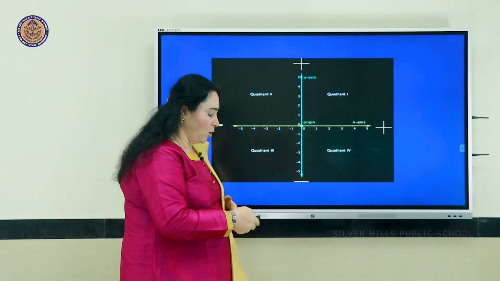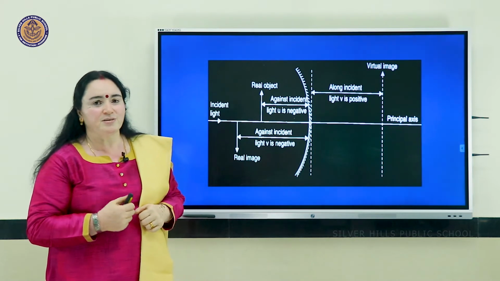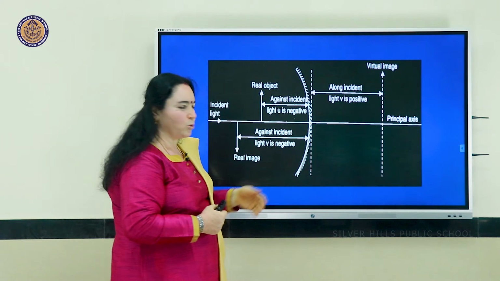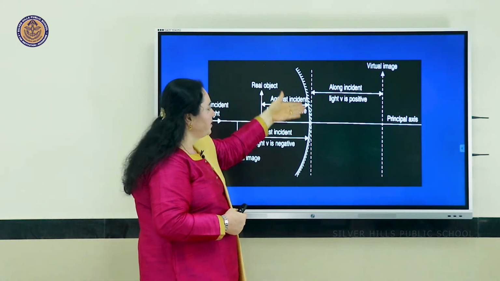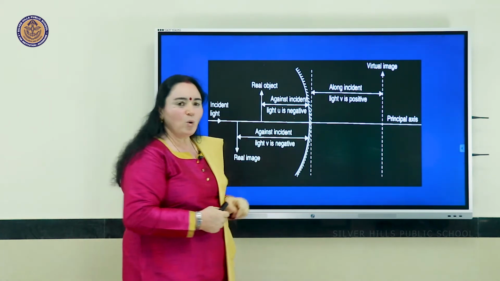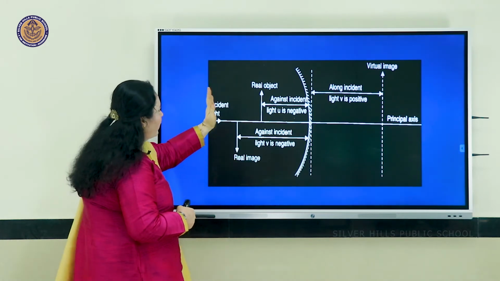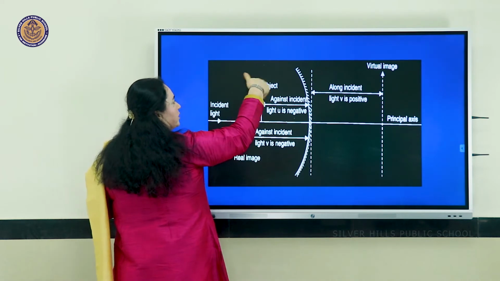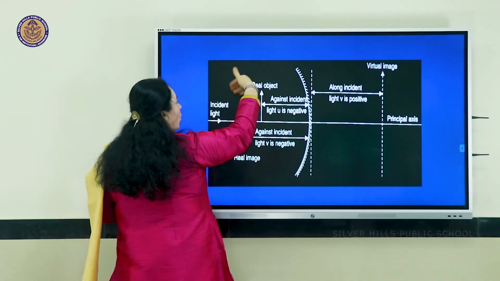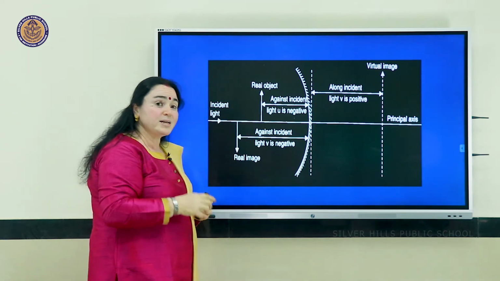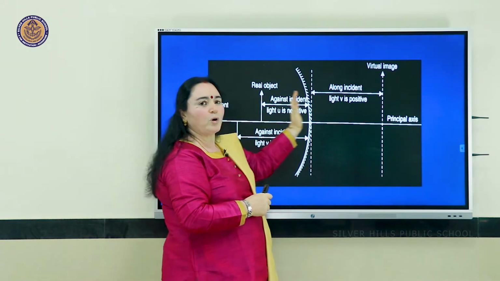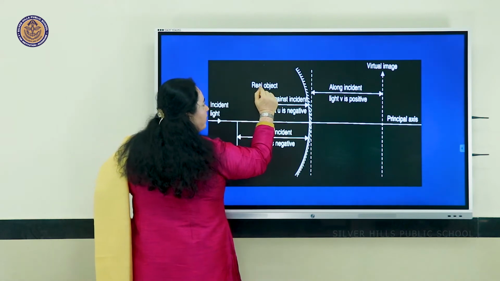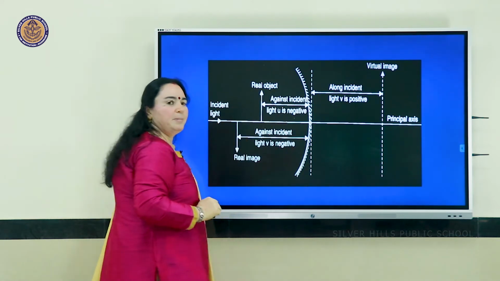Now let us see the pictorial representation of the Cartesian sign convention. Isn't that the same? Can't you see the x-axis and the y-axis over here? And I've placed the mirror with its pole at the origin. So here is where I keep my object, and we know that the light from the object is going to spread out three-dimensionally in all directions. But I am only concerned about the ray of light that falls onto my mirror. So I have my rays of light traveling from the object towards the mirror.